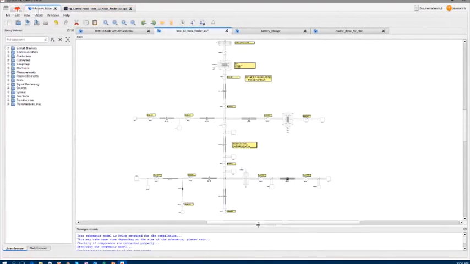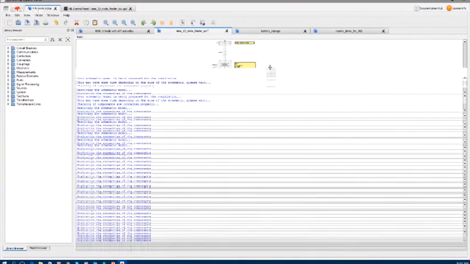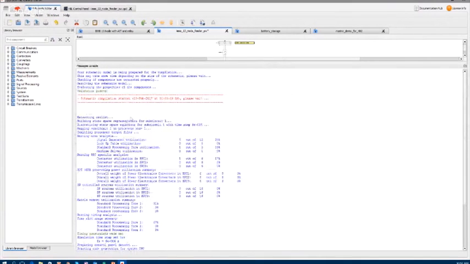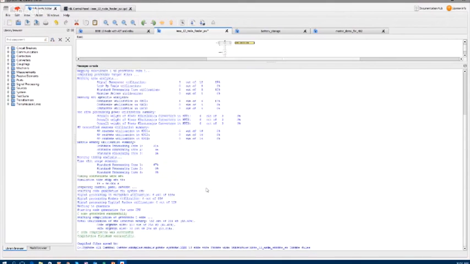If you go back here and take a look at the compiler log, you will see that this whole network is going to run with a time step of 8 microseconds on the 402 device. And you can see how much of the 402 device resources would be utilized for this model.